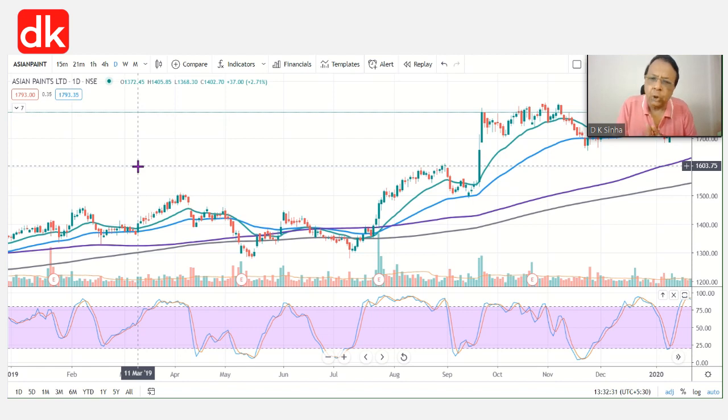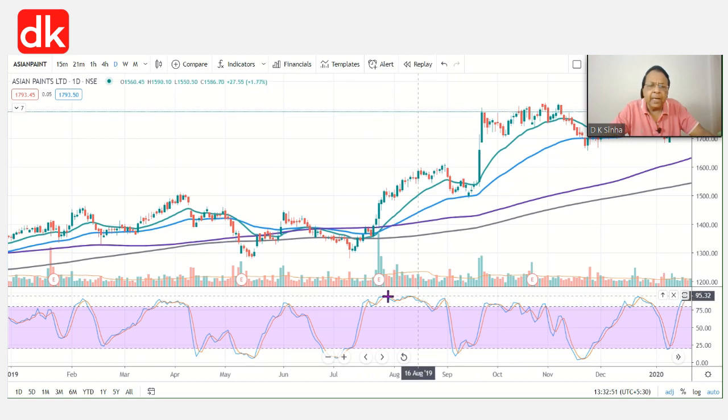So friends, this is a stock of Asian Paint which is in a very strong bull run. So it's an uptrending stock. Just now we have learned that the stochastic in uptrending market will tend to remain for a longer time in an overbought zone. Now you can see here, this is the period for a very, very long time. It remained in the overbought area. If you are using stochastic as a standalone indicator and taking your decision to trade the market, you are likely to be wrong.